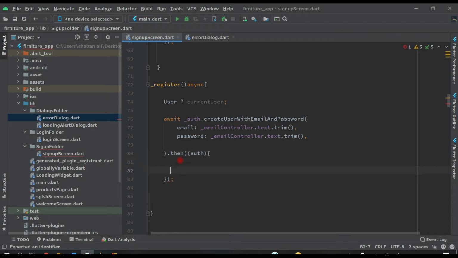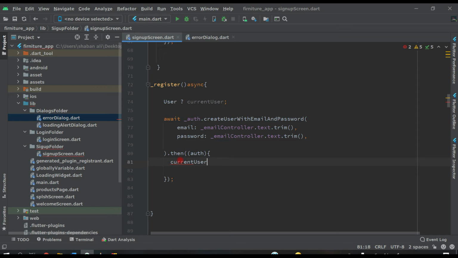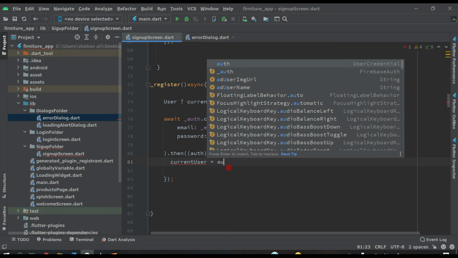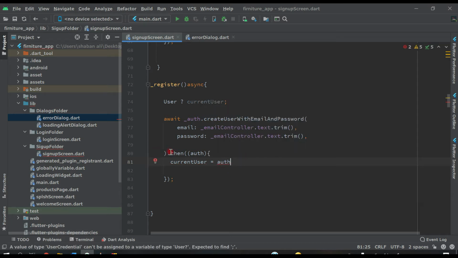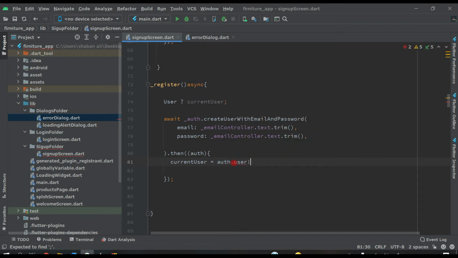And after this, inside here, currentUser equal to auth.user, and put an exclamation mark, it's null safety, like this.